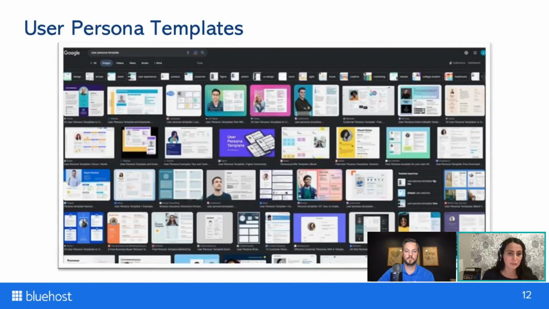While we don't have a template for you here, the reason why is there's so many different templates out there, and not every template is going to work for every use case. But if you just search user persona templates, there are hundreds of them. There's a lot that are on Adobe. Canva has some. You can just go in and you search what those are, find one that has a color and style that you like,